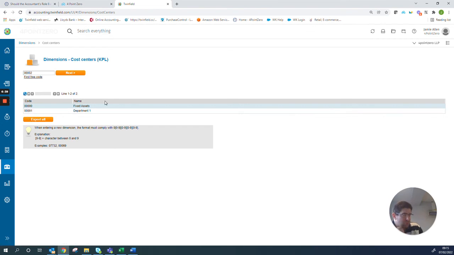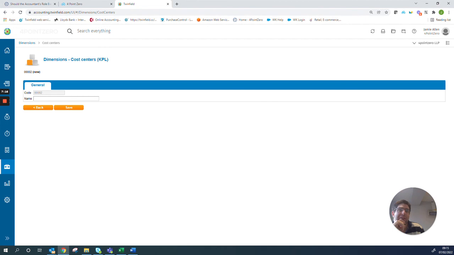It just counts up. I would recommend using numbers for dimensions so that you can use this count facility. If you're using alphanumeric, so letters and numbers, it means that you've got to type it all the time, which isn't necessarily a bad thing, but it is just a code. You can search in any field by name or number. So actually, I would say that in terms of using Twinfield, it is better to just use numbers across the whole system. And all you would simply do is, as I did before, you would just select next,